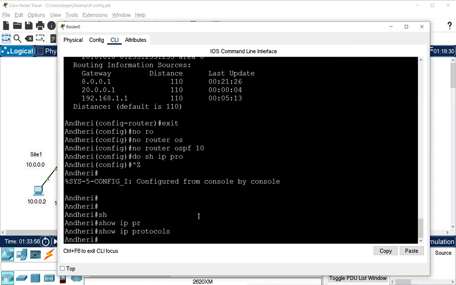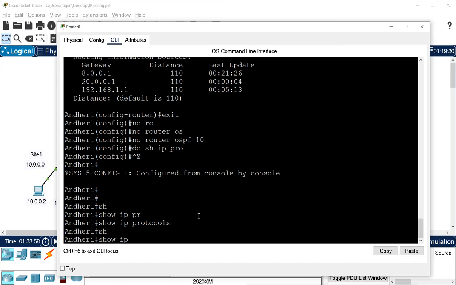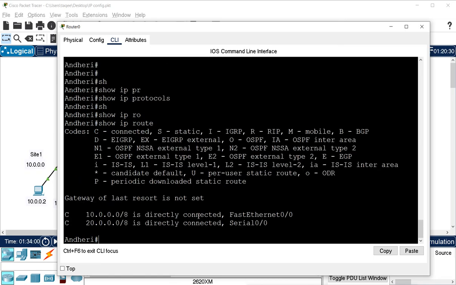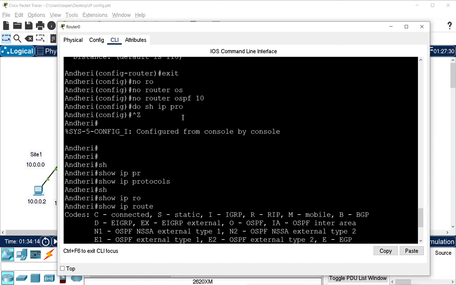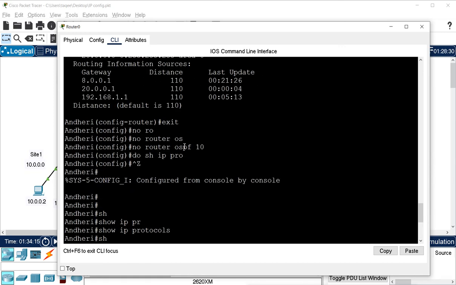If I say show IP route, it says there are only connected networks, and if I say show IP route OSPF, there is no network, because we removed the OSPF protocol. So it is easy to remove these dynamic protocols. We just have to say no router, then the protocol name and the process ID, and it will remove the whole routing protocol.